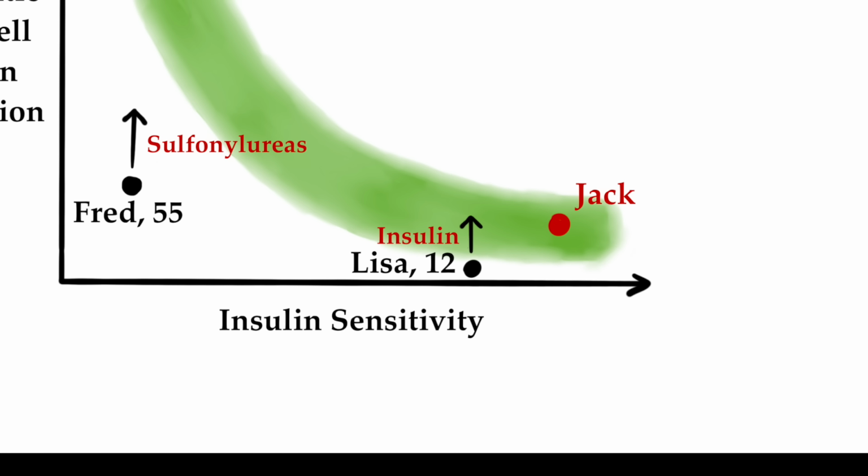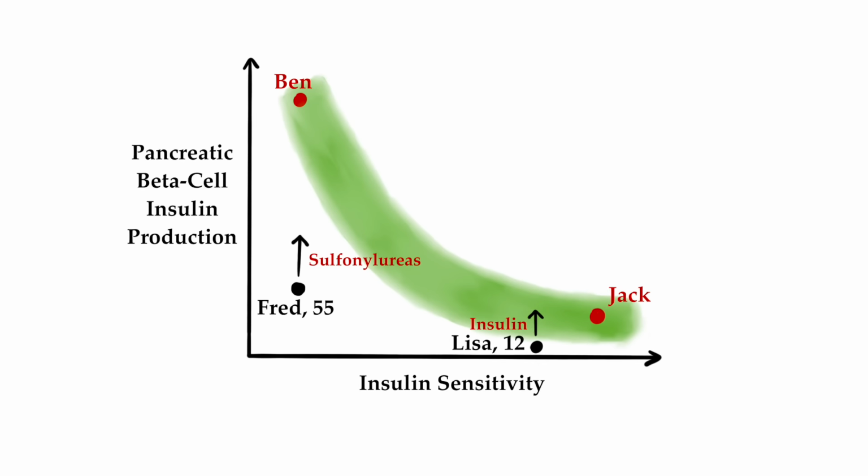Again, all of these interventions that improve either insulin sensitivity or circulating insulin levels would be expected to improve the body's ability to regulate blood sugar levels. This will not in all cases lead to normal blood sugar levels though.